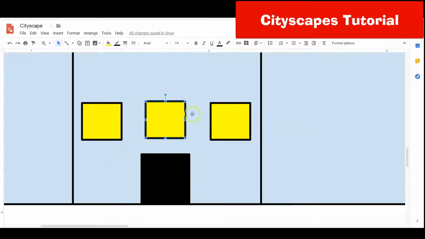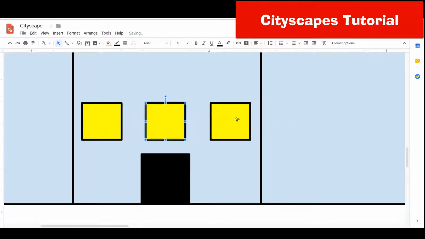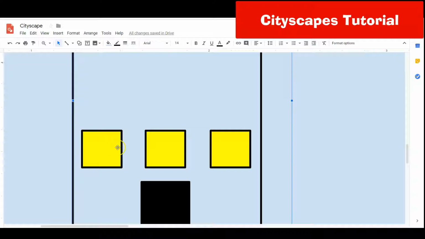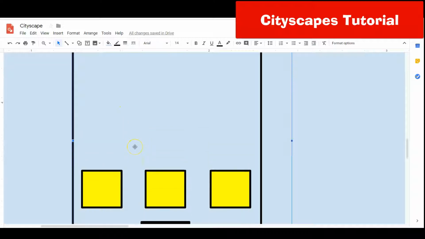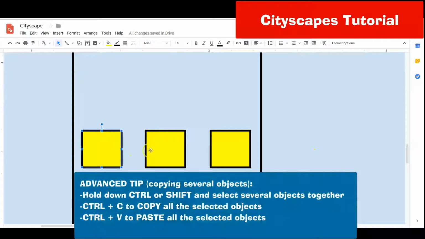Once we get our objects here, you can try and level them out. So this one you can see is a little off-centered. If I grab that one and I see that red line that connects all three, that's one easy way to align things. And then what I can actually do, if you want to find a real shortcut here, is